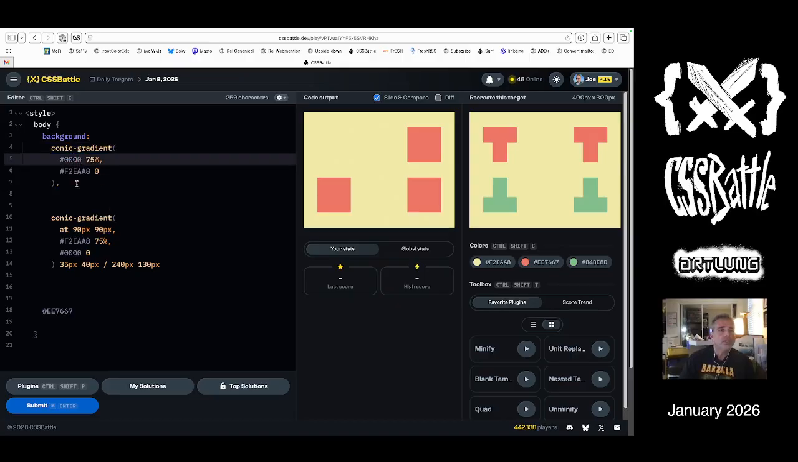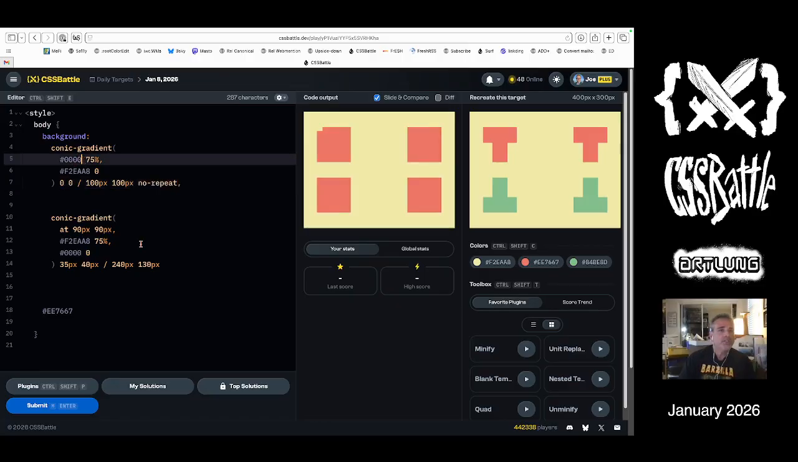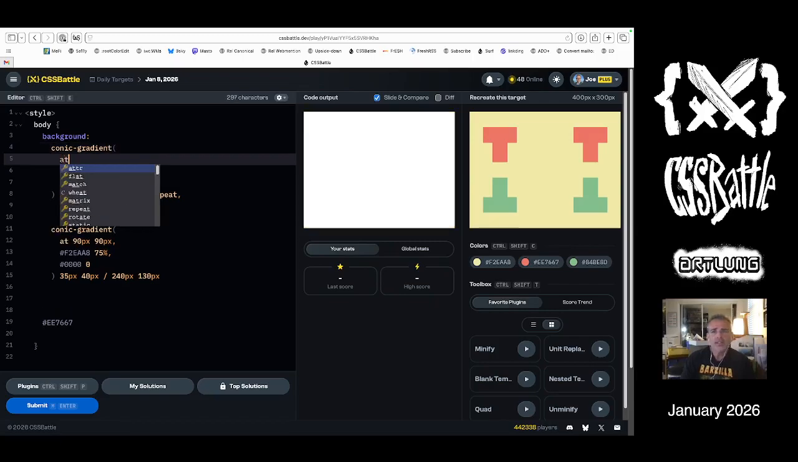So we're going to set that at 0, 0. Give it a width, 100 pixels, 100 pixels. And then I do a no repeat. And just for good measure, we're going to turn that into black. Okay, so what I really want to do is to just fill in this guy. So I need an at. I need an at of, actually what I want,